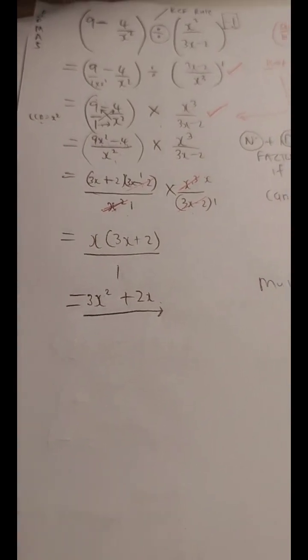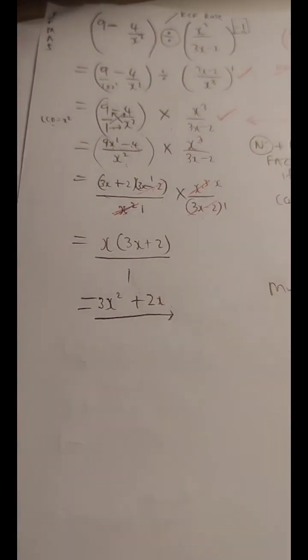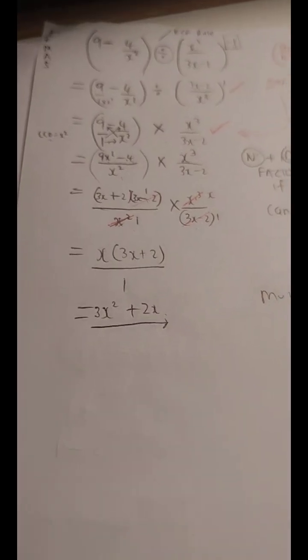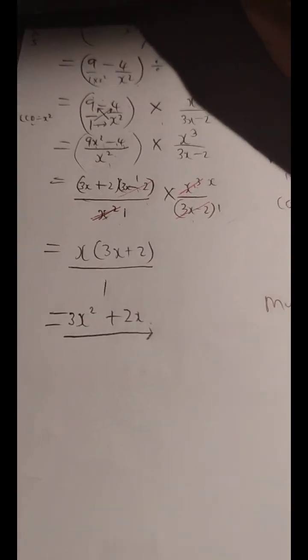But if it's in the numerator, guys, that 1 would have been there in the answer, 1 over 3x squared plus 2x, had that 1 been the one left over in the numerator. Let's never forget that. Okay, nice question, eh? Very nice question, that one. Very beautiful question. Okay, let's go down. You got another question here. Simplify.